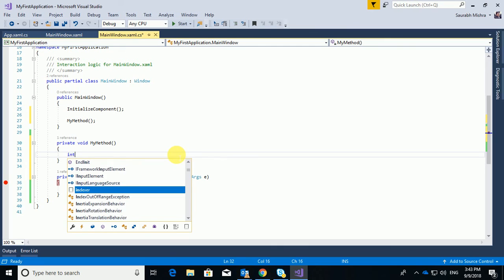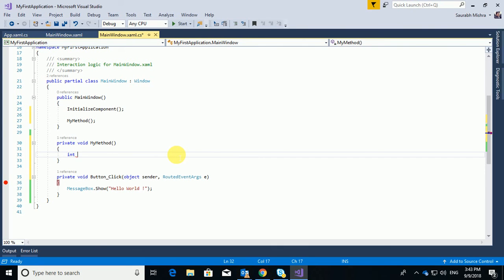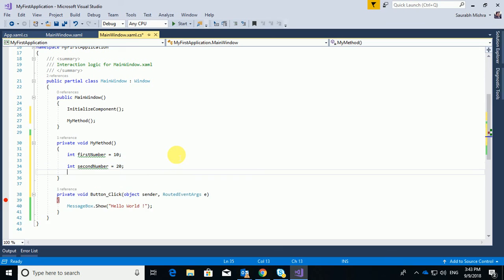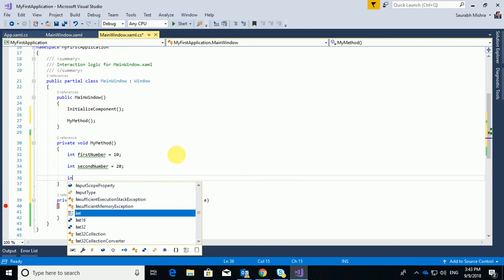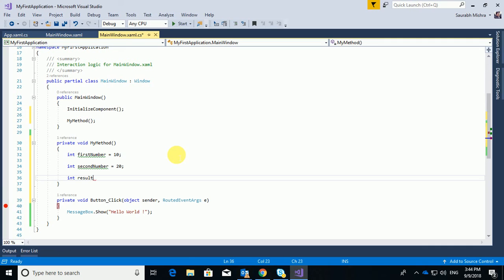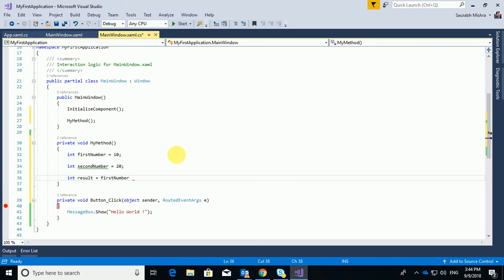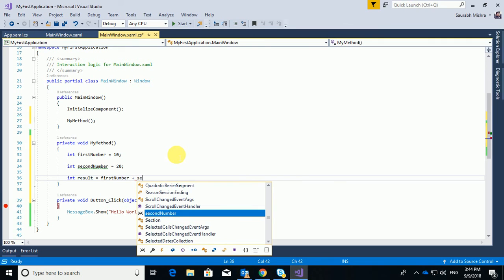So I will make integer 1. This is my first number. I can name it as first number, and that is say 10, and let me create my second number, and this is 20, and I can give the result as first number plus second number.